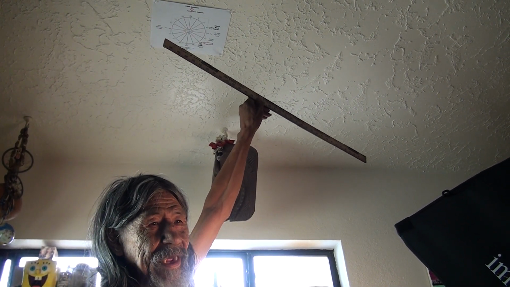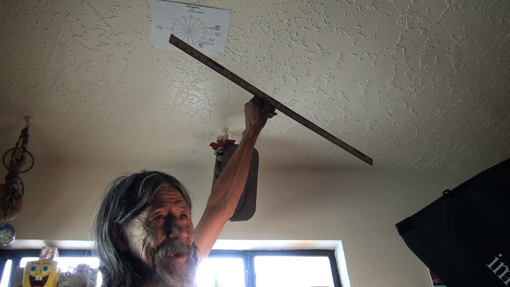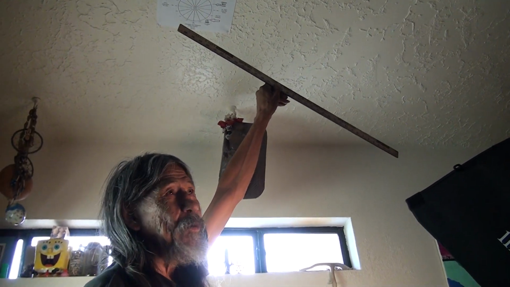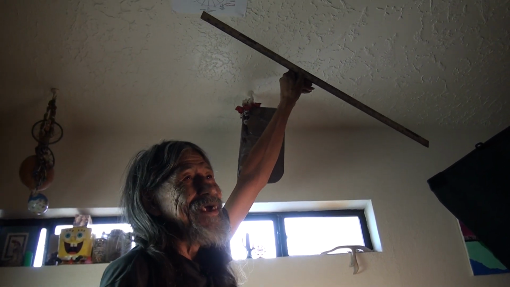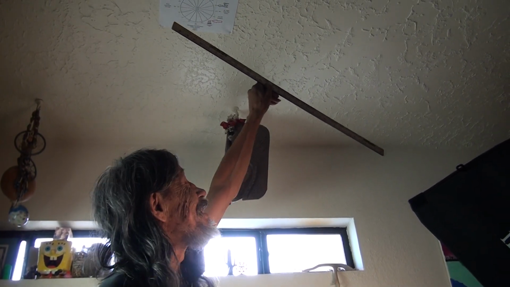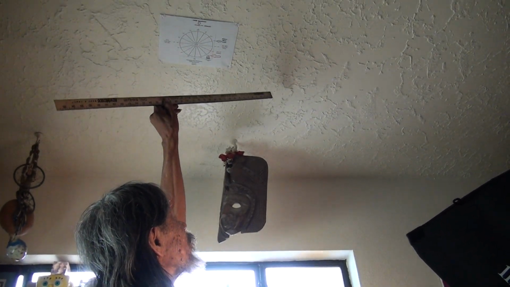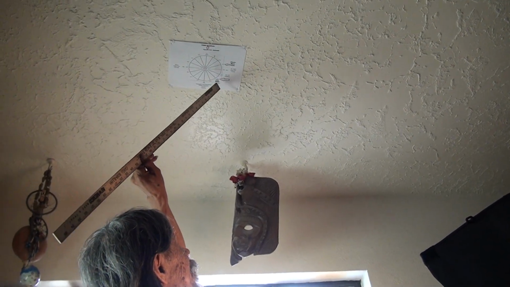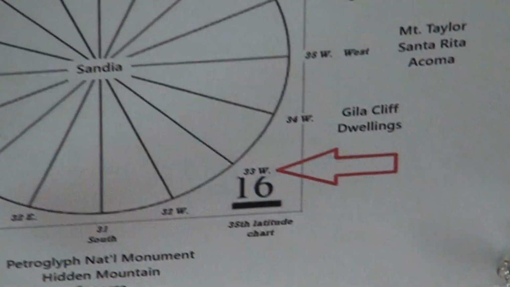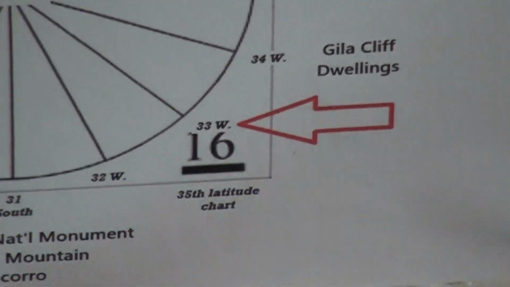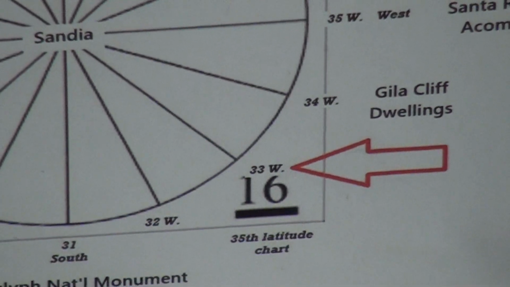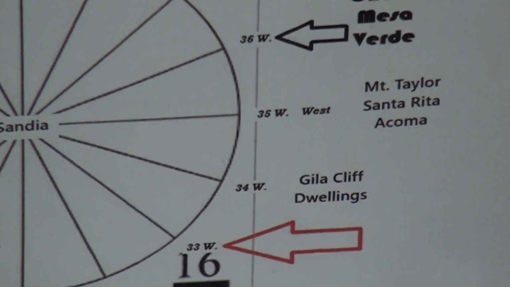So you have a direct alignment that's going in a straight line, no matter if it's a mountain, a mesa, a hill, a rock, a tree, whatever. But use it as an alignment so you can use it as a straight line. And when you follow that straight line down these alignments, and you don't deviate, it'll take you directly to the Gila cliff dwelling. All of these are set for other locations to go to, but I just pointed out the most obvious ones that you can find here, like Mount Taylor and Acoma and Gila cliff dwellings,